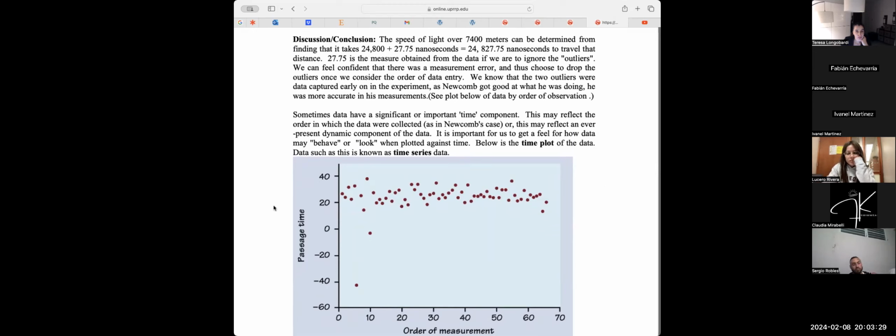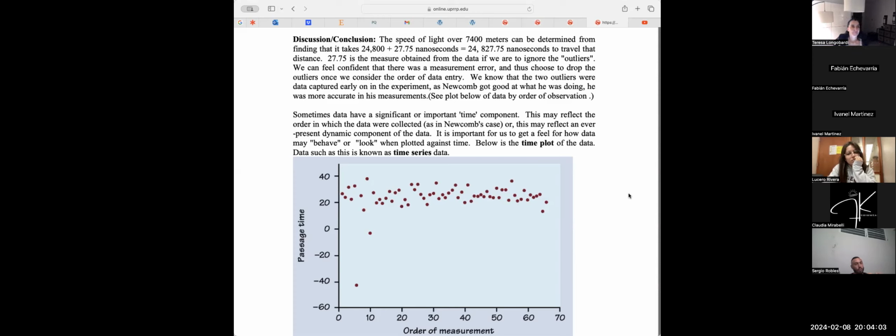With that information of when the light was shone to when it was recorded, they measured the time it took for the light to transfer from one place to the other. They did it many times because it was a physical phenomenon and they wanted to be very precise. This is a very quick process, right? Light is very fast, so they need to take a long enough distance that they could actually see it pass.